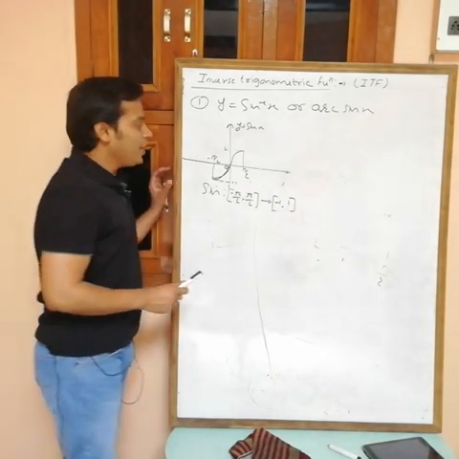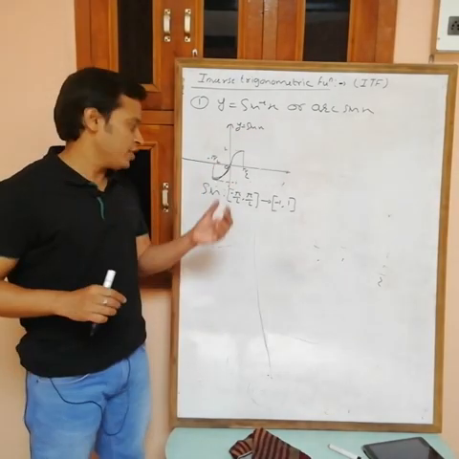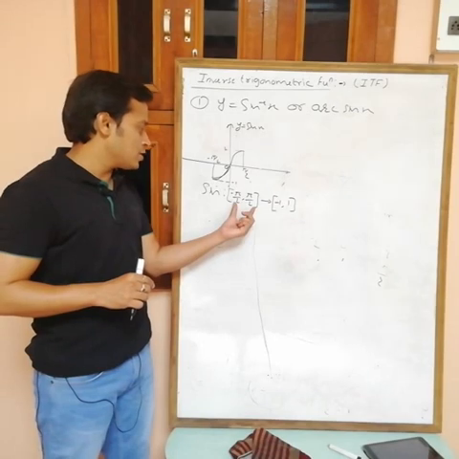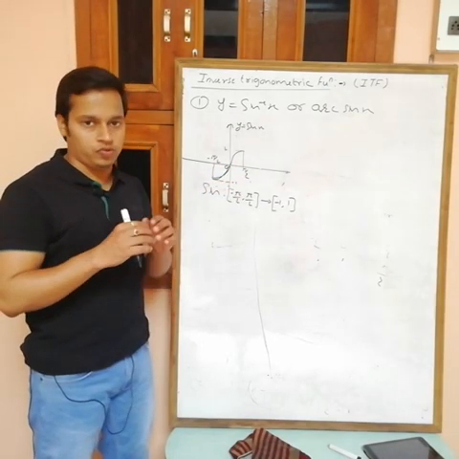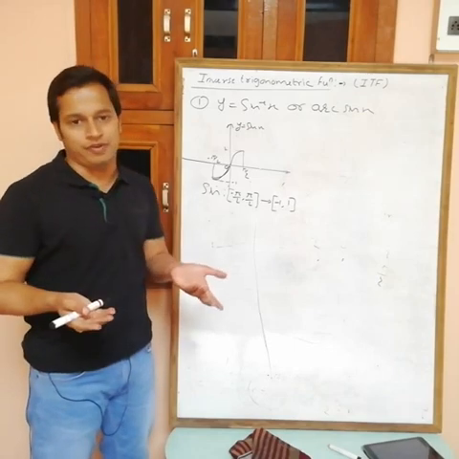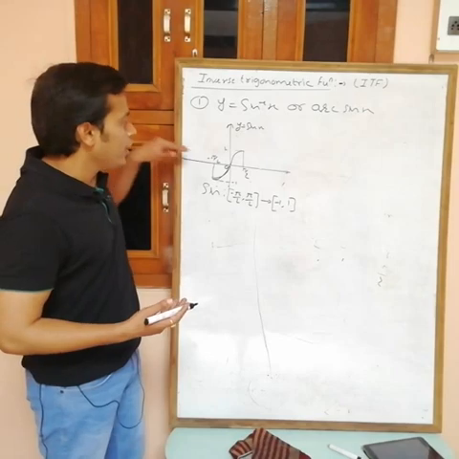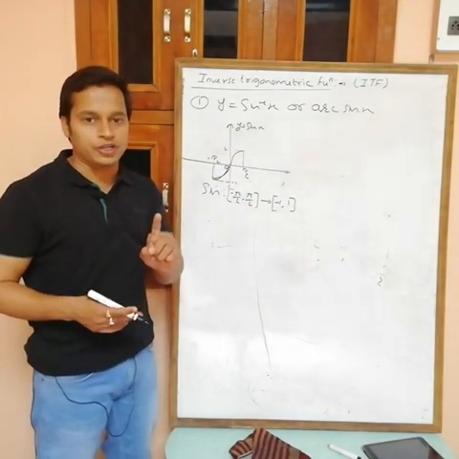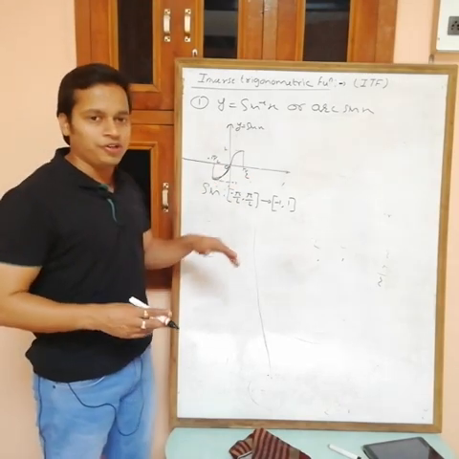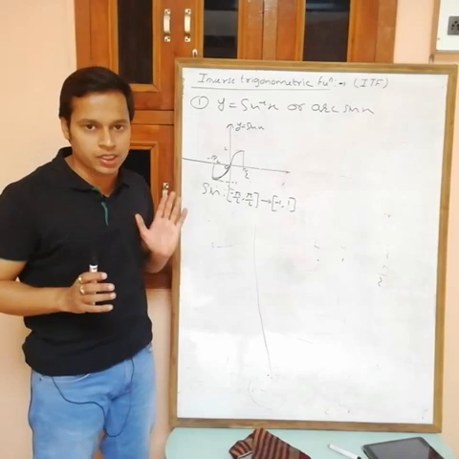Now see, if I define sine like this, it is one-one. If you take any two x between this interval, there is only one value, no two x have the same value. Obviously, you can also check it like this: draw any line parallel to the x axis, and we get only one point of intersection. If there is only one point of intersection, it means one-one. So for this interval, this one is one-one. So one-one is clear.